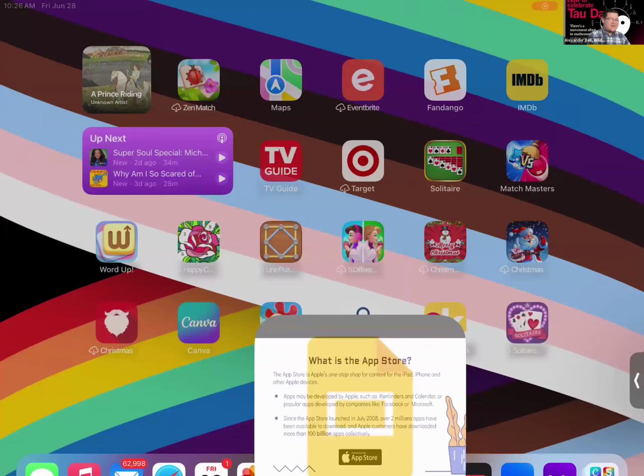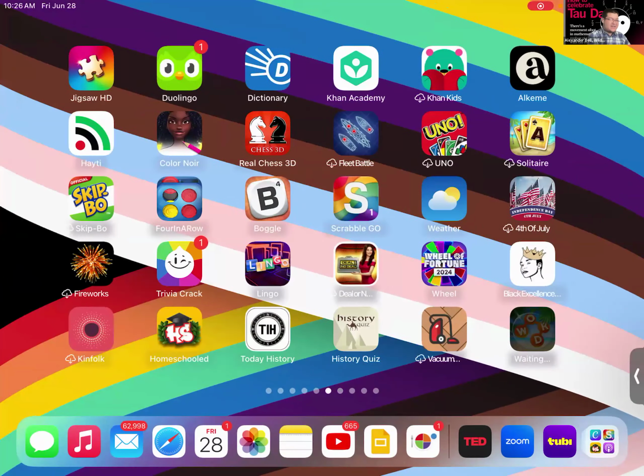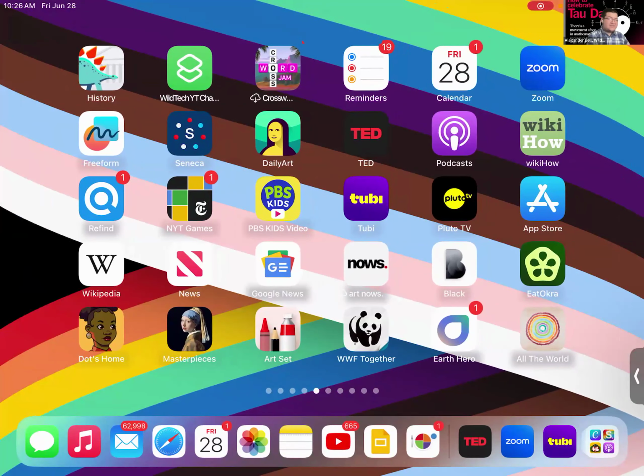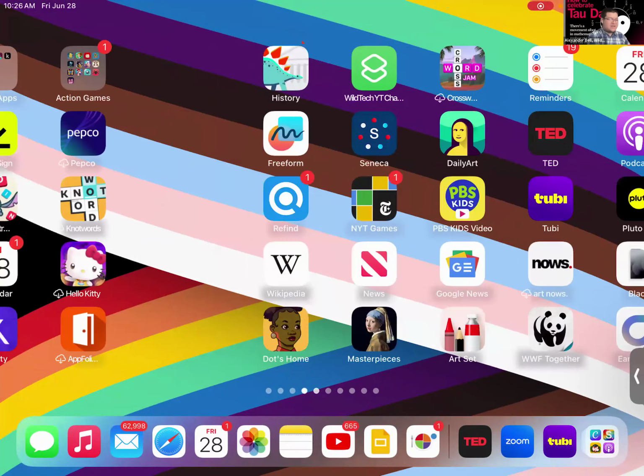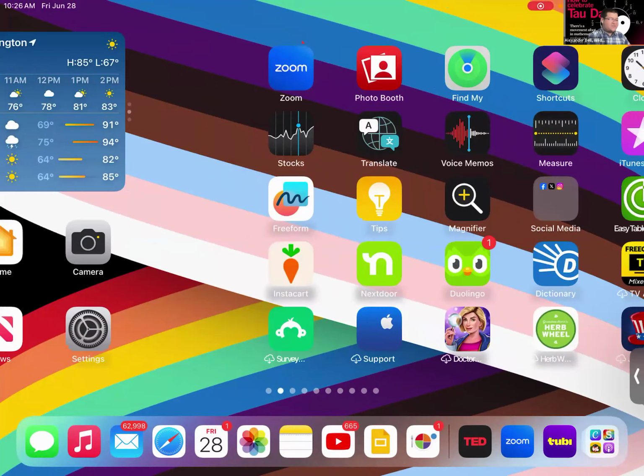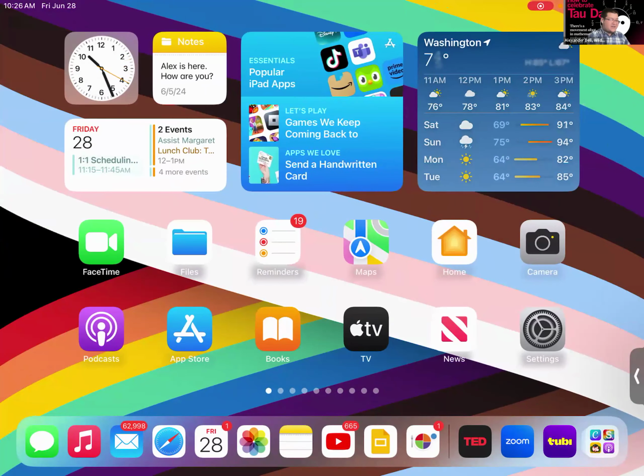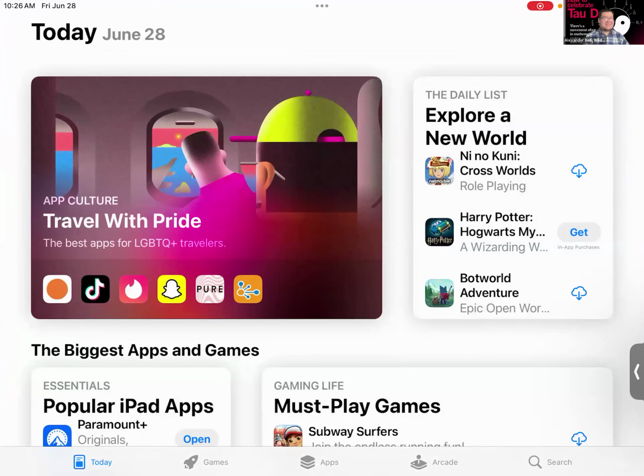So the App Store, again, it looks like the letter A. It's right here on this screen, my third row, the last app on the third row, the App Store. You can also find it on your first screen right here as well. So it says App Store. The App Store houses all the apps that you can download. Some are free, some you have to pay for initially, and some have in-app purchases, like you can purchase in-game currency if you'd like, but again, some are completely free.